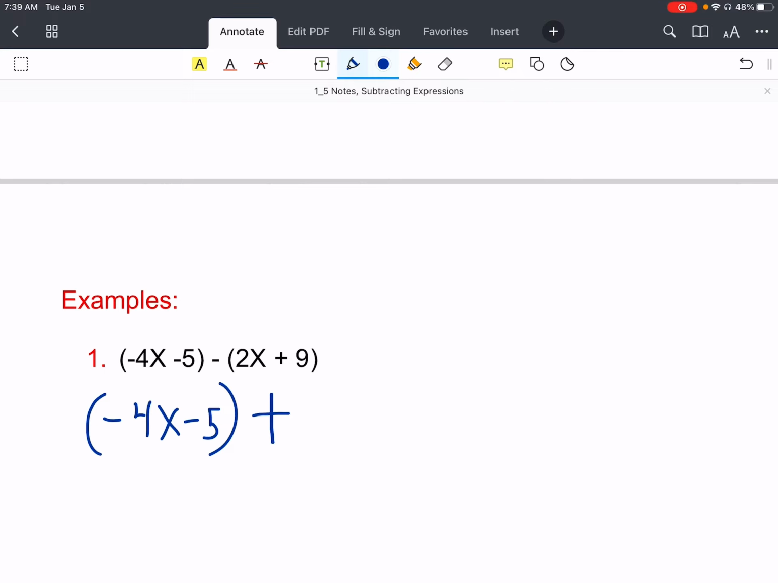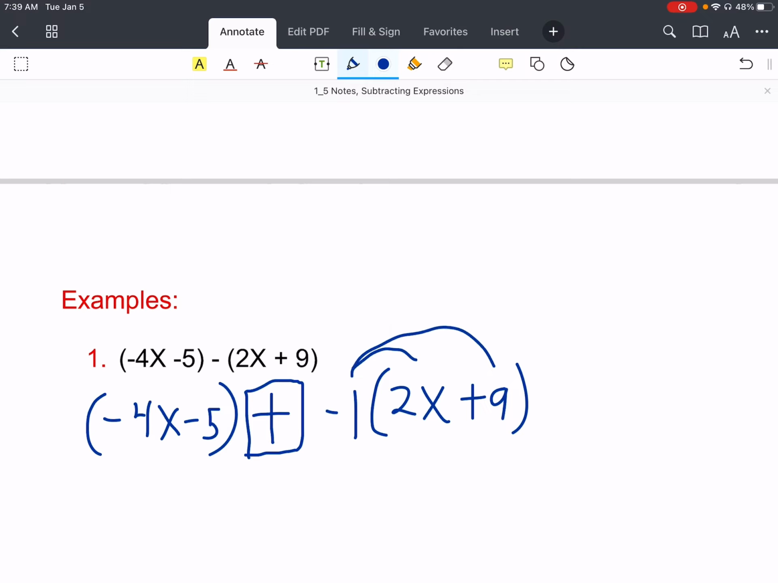plus -1 times 2x plus 9. Because when we're combining things, we can throw in our addition sign, and there is a -1 amount of this term. So we're going to have to multiply the -1 by everything inside of the parentheses. So now we have -4x minus 5 plus, and then inside parentheses,